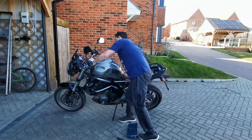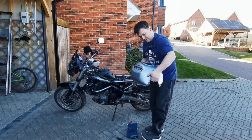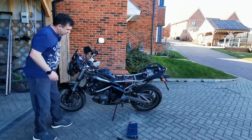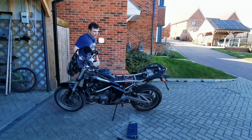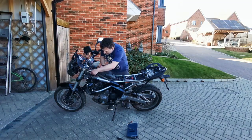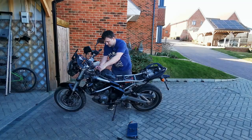Right, and with a bit of luck, that's it. Jobs are good. So with the tank off now, I can see the wires are coming from this side. This is going to be slightly more awkward. Oh, I can see this is the block,